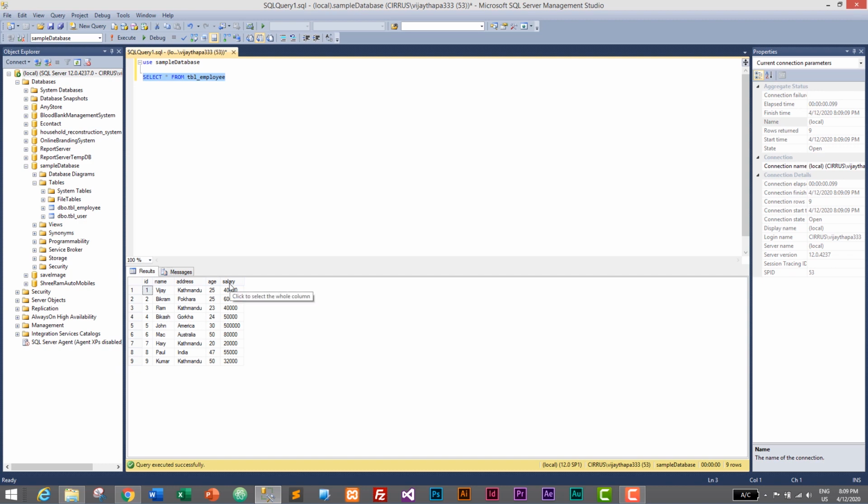If your database is large, then in that case you can have many columns in a single table, and from that large table you might need to transfer data from selected columns. Like here we have 5 columns, but we only need data like name and age in another table.